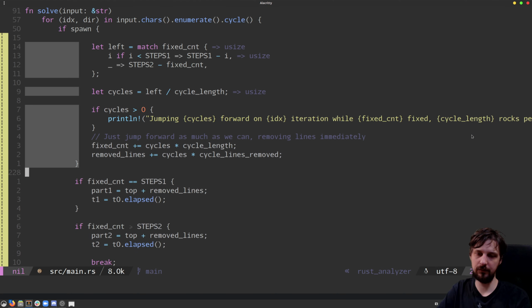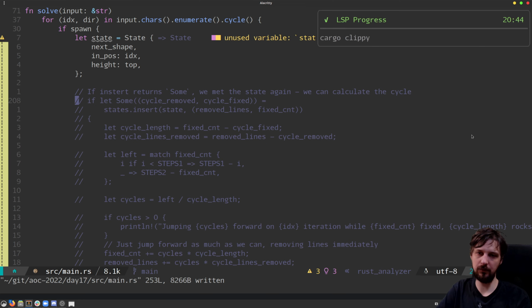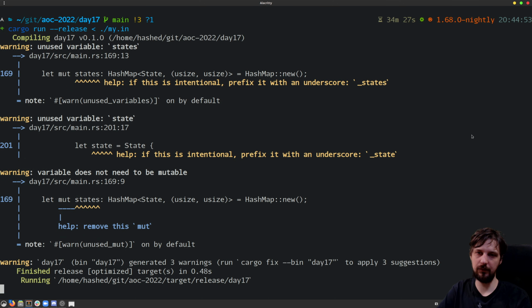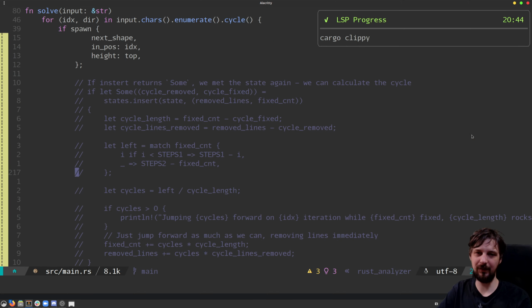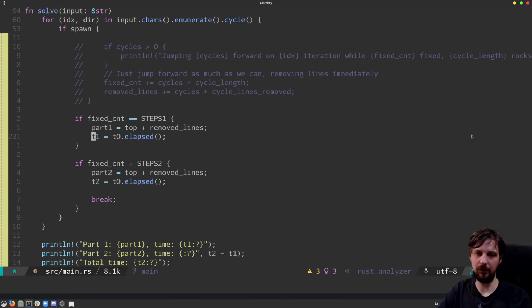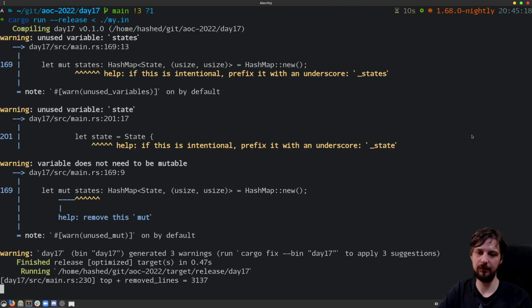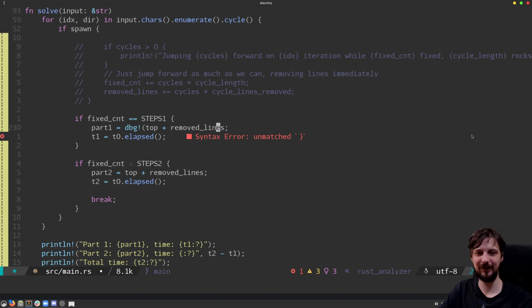let's do this, you will get your release build. Oh, I don't even get my solution quickly. Let's do this. So you will see that you will get your part 1 solution like in no time. It's very fast, but I mean, you don't want to wait with me for the second solution this way, and